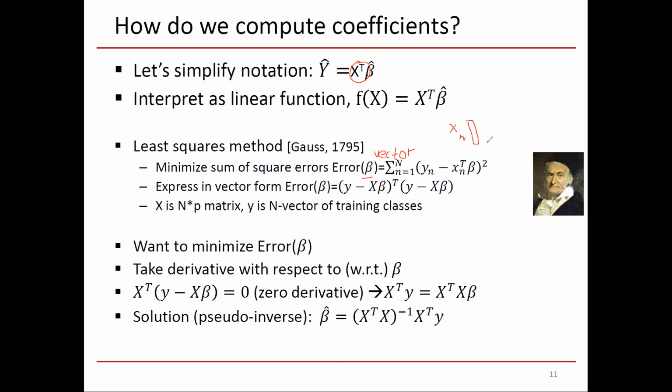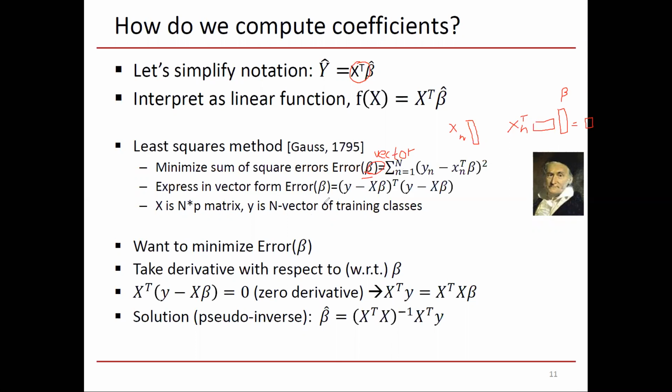In our case, it's of length 2, and x_n transpose is a row vector, and beta is a column vector. Row times column is a scalar, okay? So for a given beta, we're calculating this sum of squared errors as a function of beta, and it can